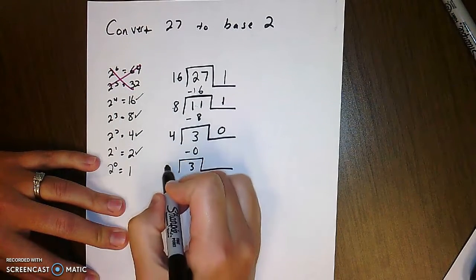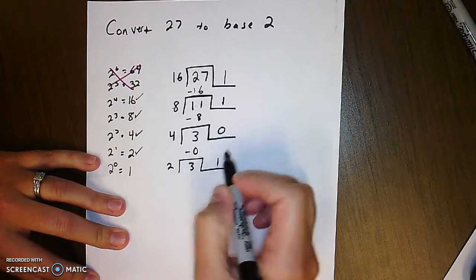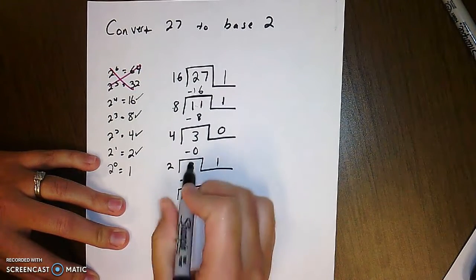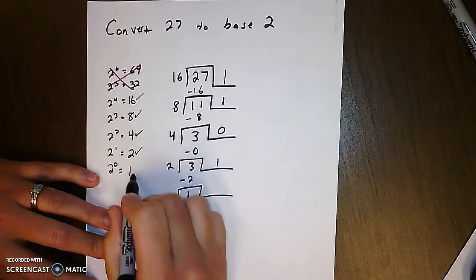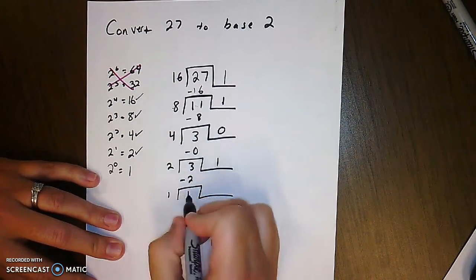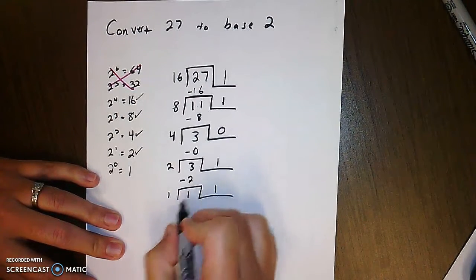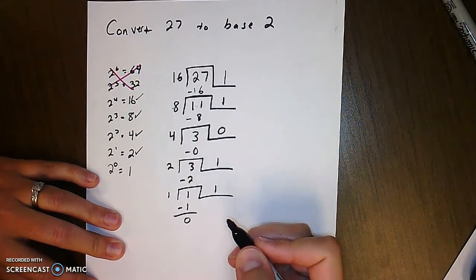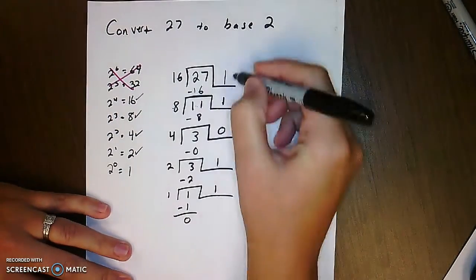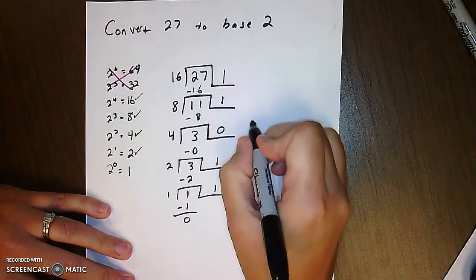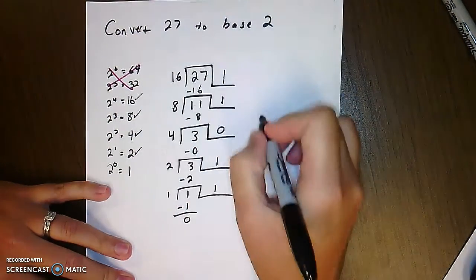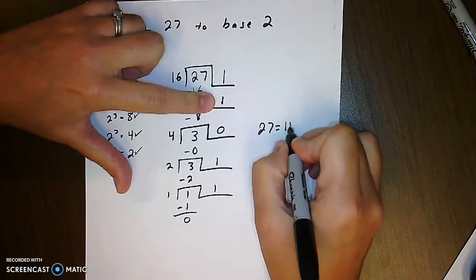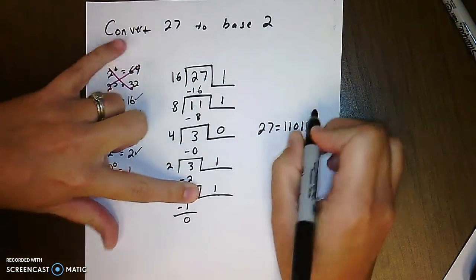This time I can try a 2. 2 goes into 3 one time. 1 times 2 is 2. I subtract them, and I get a 1. And then I'm using a 1 here. 1 goes into 1 one time. 1 times 1 is 1. Subtract it, 0. We're done. But what's our answer? Well, it's all of this stuff. Okay, so our final answer here is that 27 is actually equal to 11011 base